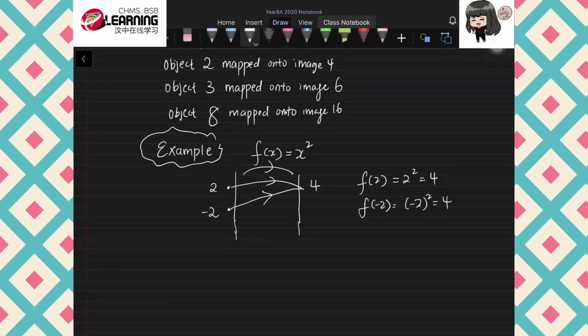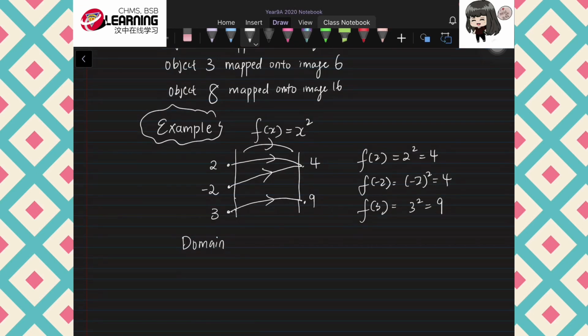Okay, and let's say you have 3. Object 3 squared will give you 9. So object 3 will map onto 9. Okay, so the domain here, which is a set of x or a set of your objects,